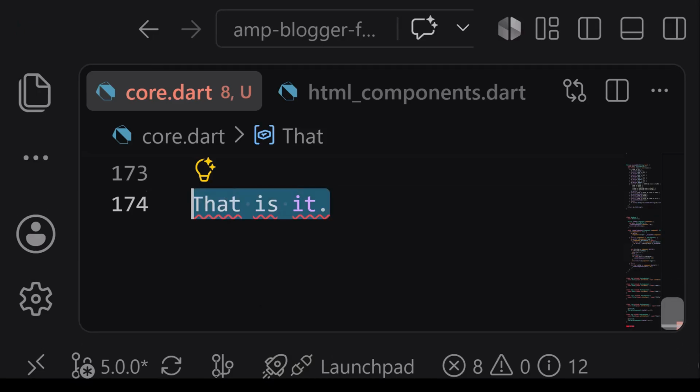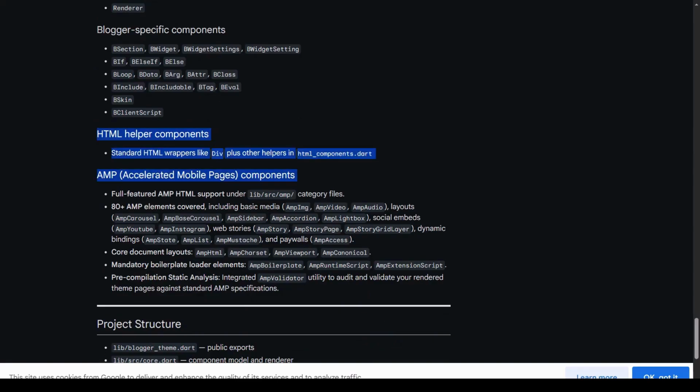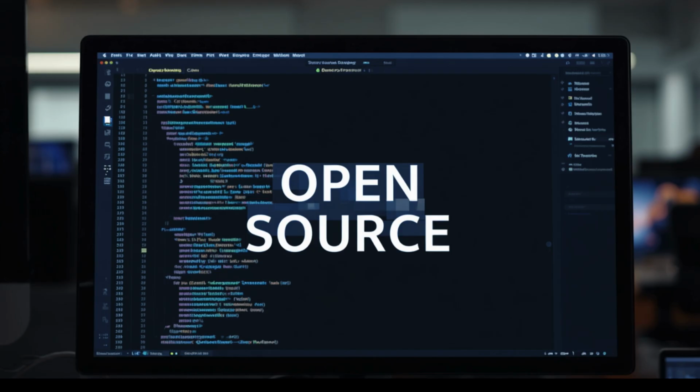You can now harness the full power of Dart to build modular, maintainable Blogger themes, HTML templates, and AMP pages across multiple files with complete type safety. The package is completely open